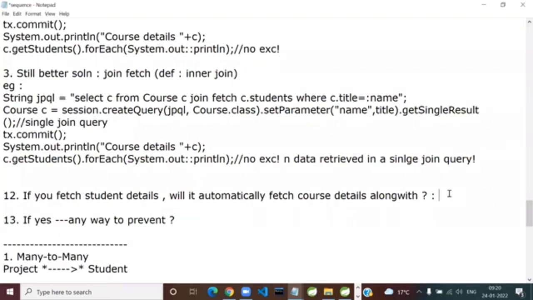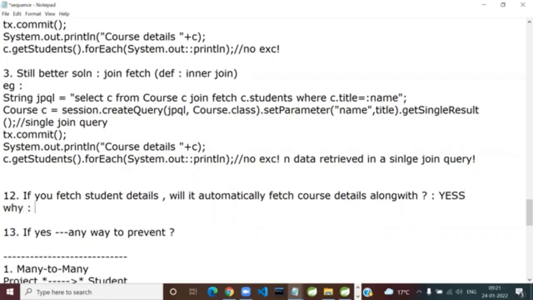What is the relationship from student to course? It's many-to-one. 100% yes. Why? Because many-to-one, what is the fetching policy? This is another way of checking this thing: it is eager. So if you say, fine, along with student, I want to find out what course I'm enrolled in. Great, good, all is clear. But if you want student details with no course details, I'm not caring, I'll check it later.